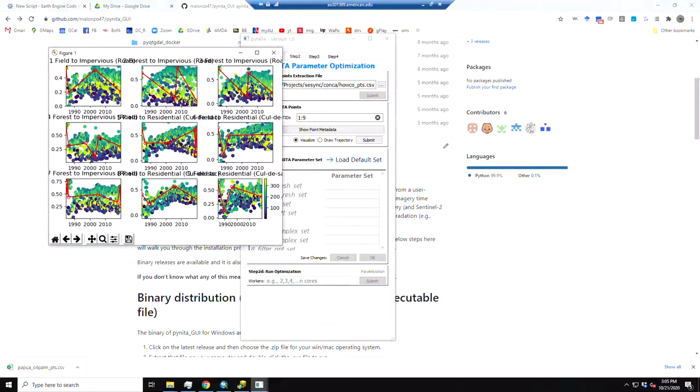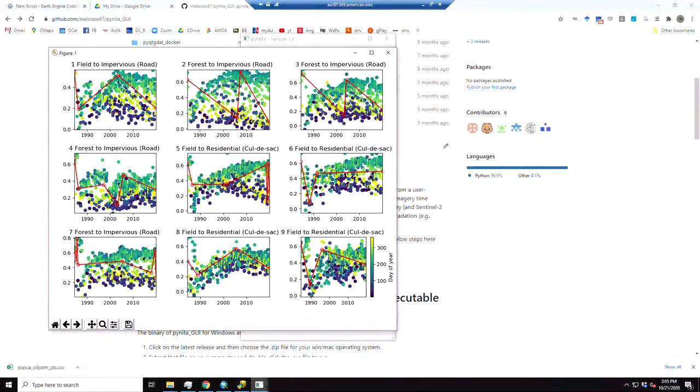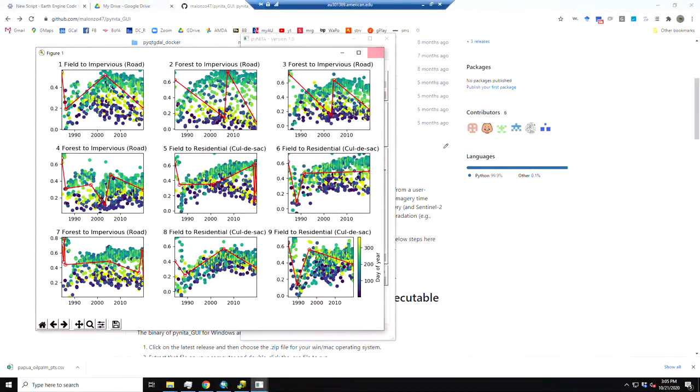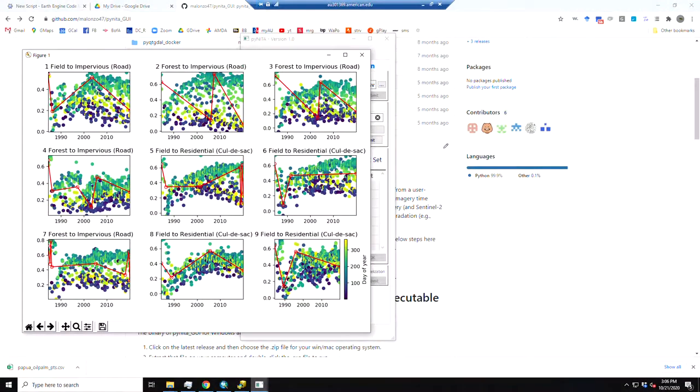And you can see it's pretty crazy, right? Because this is looking at all of the data. If you see something like forest to impervious, forest to residential, you're not really able to tell what's going on very well, because this includes all days of year. A lot of this noise is from phenology. So when you've got a nice data set, in that it is pretty densely filled with data, then